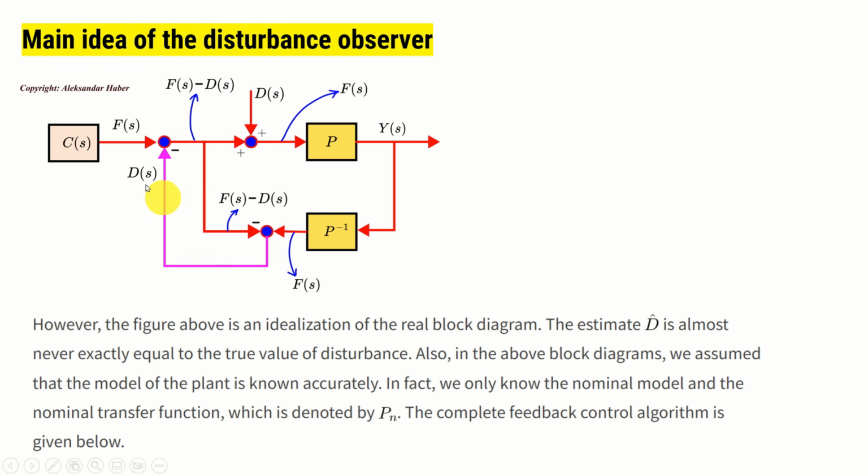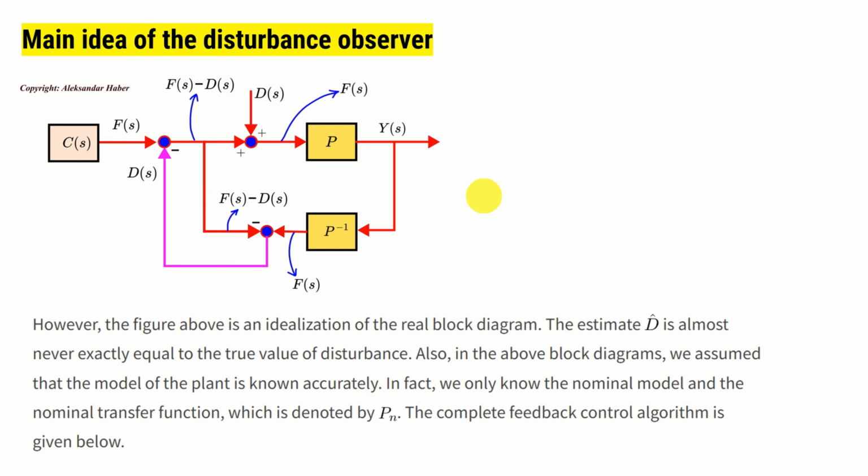First of all, over here we assume that the estimate of our disturbance is exactly equal to the true disturbance. This is never the case. Then, over here, we assume that we perfectly know the transfer function of our plant. In reality, this is not the case. We only know a nominal model, that is, we only know a nominal transfer function.